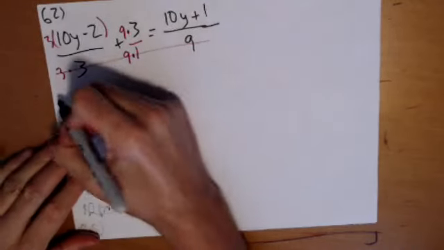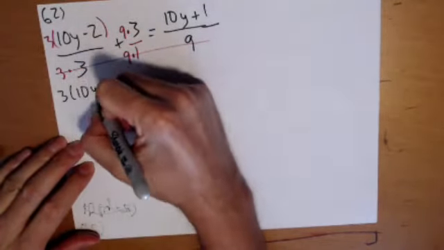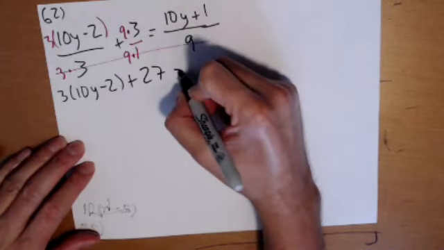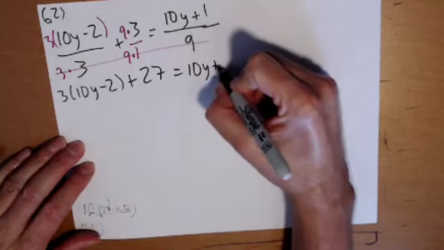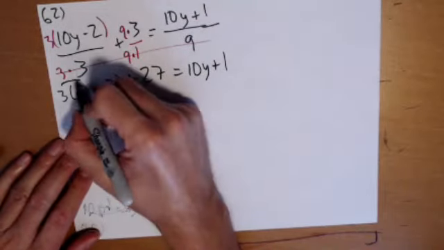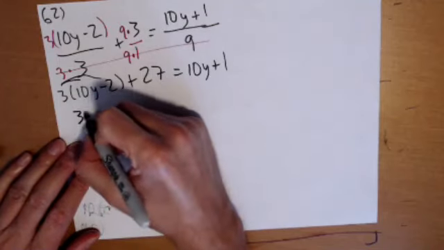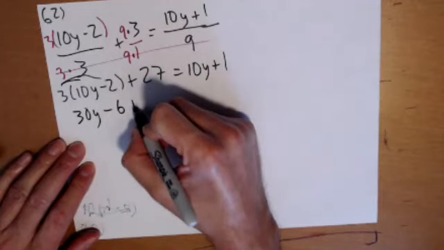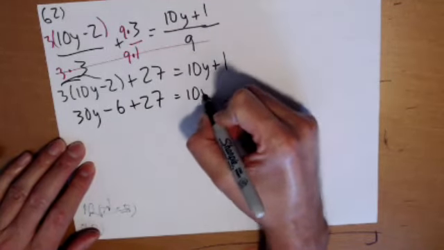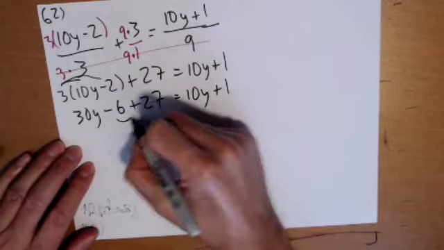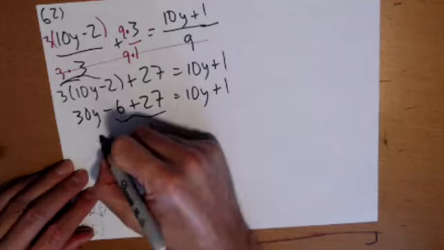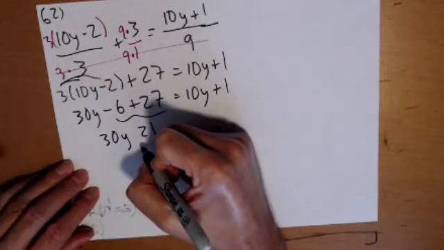Get rid of them. So that leaves us up top with a 3 times 10y minus 2 in parentheses, plus 9 times 3 is 27 equals 10y plus 1. Let's distribute this out here. The 3 times 10y is 30y. 3 times minus 2, minus 6, plus 27 equals 10y plus 1. Negative 6 and a 27 is 21, right? 30y plus 21